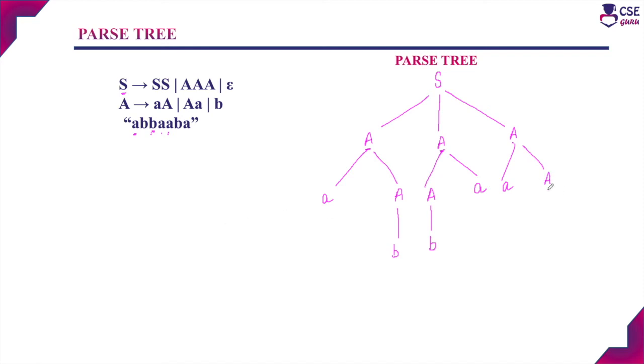And next only one non-terminal symbol is there. So next we have to get B. So after B we need to get A. So we will apply the production rule. A derives AA. And for this non-terminal we will apply the production rule. A derives B. So now if you are checking the input string, A, B, B, and then A, B, A. So we have derived the string A double B double A B A using the parse tree.